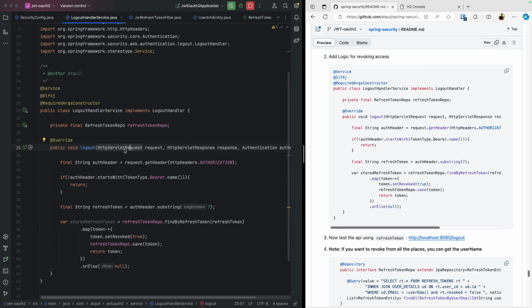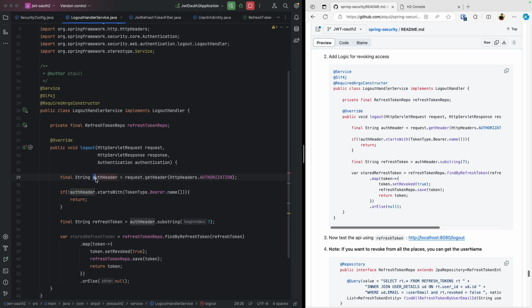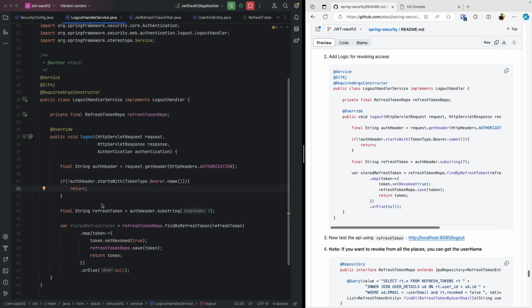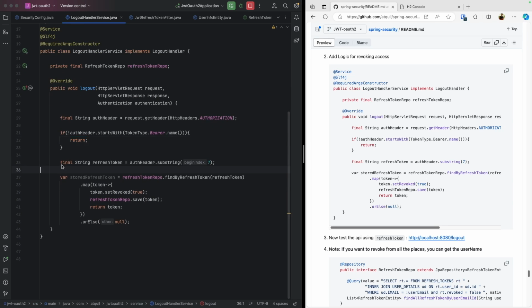So once we have this request, response, and authentication object, let's see the auth header. Yeah, it is the authorization type. We are checking that if it is not a bearer, it means somebody is messing around with us. We will just return without logging out. We are not doing anything for this request. And we are just taking the Spring refresh token, and finding if this refresh token exists,